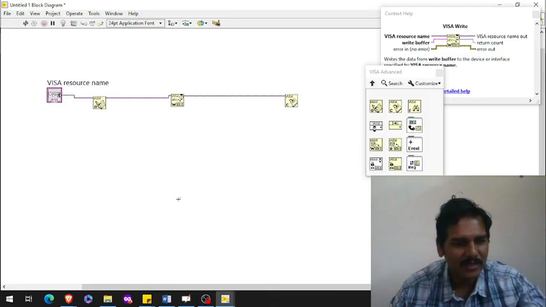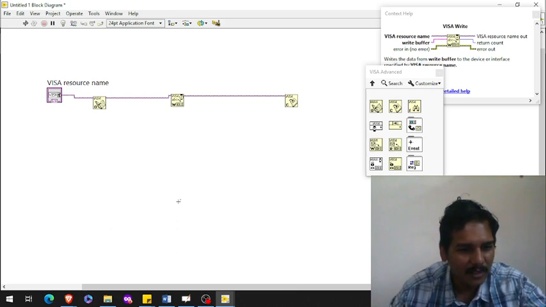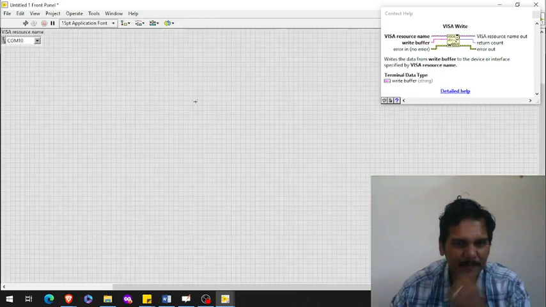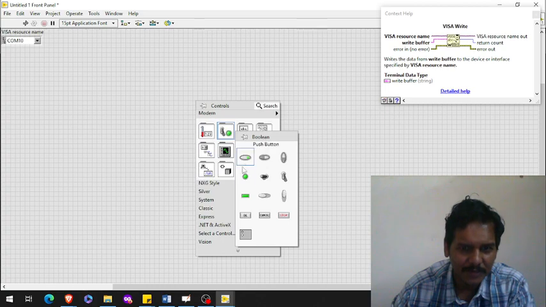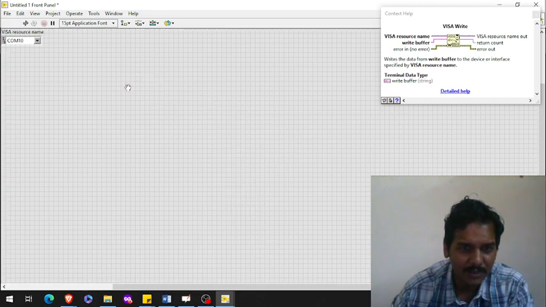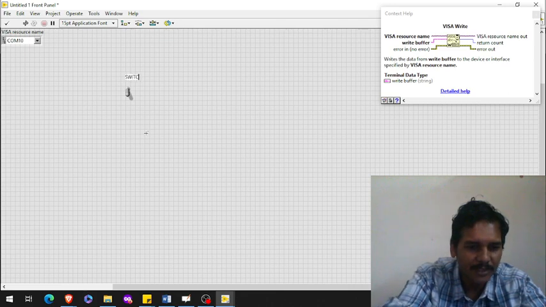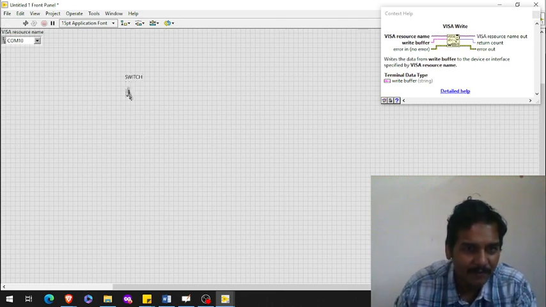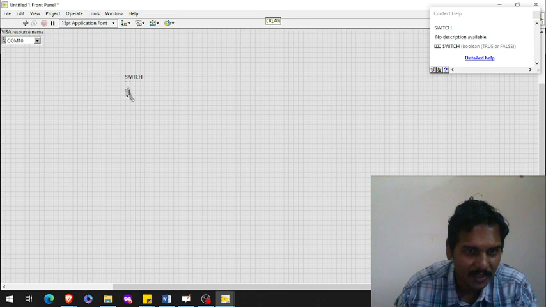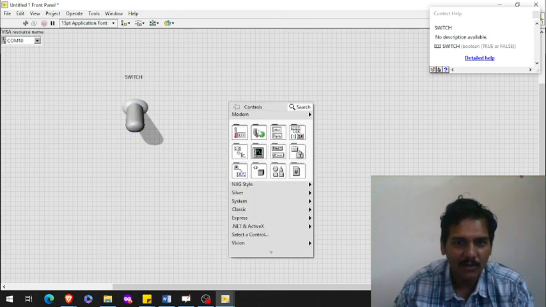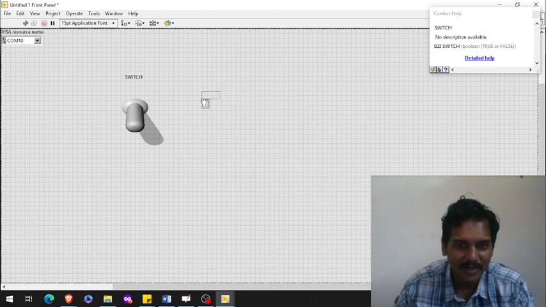So what I'll do is go back to the front panel, and I'll make a small switch. This will be my switch from the software side, not the hardware. I'll also have a local LED.